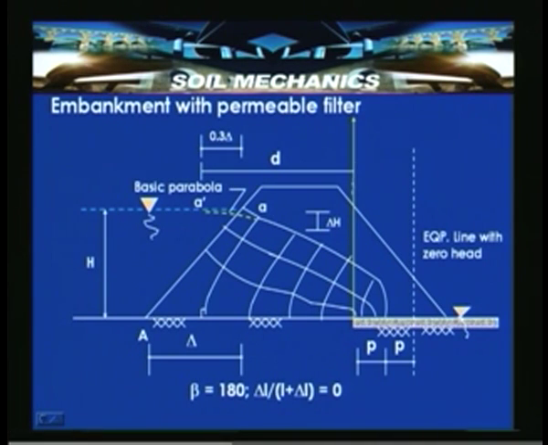So, if this happens to be the Z and this happens to be X here, then the directrix is going to be there, and the determination of P and other parameters follow from the basic properties of the parabola we have discussed in the previous class.